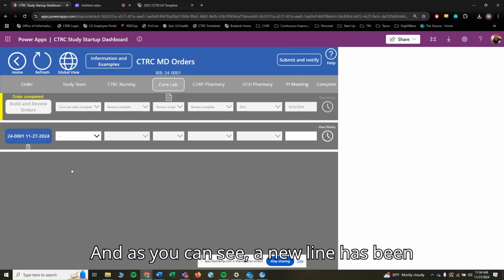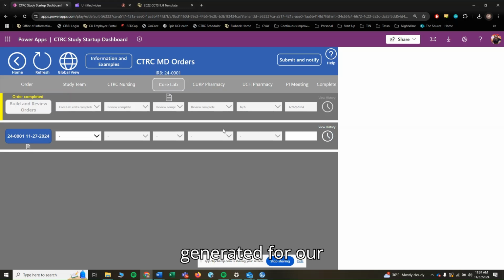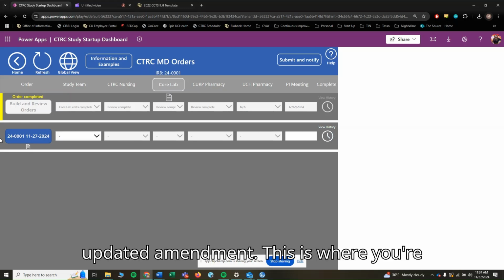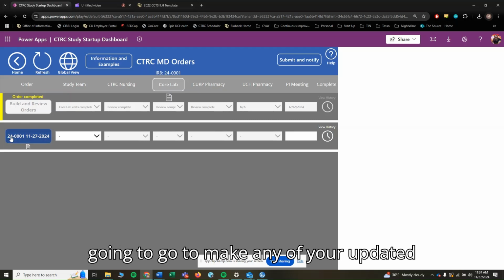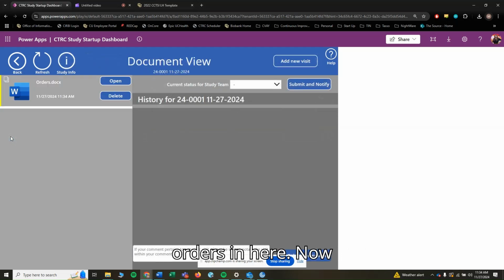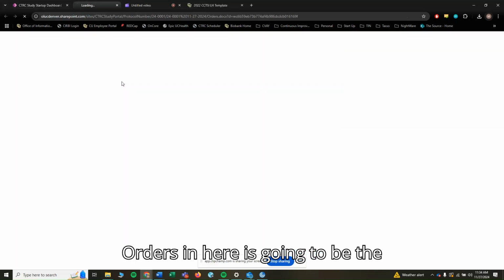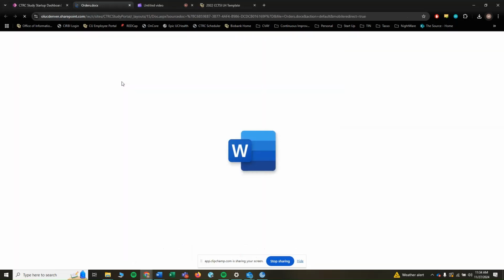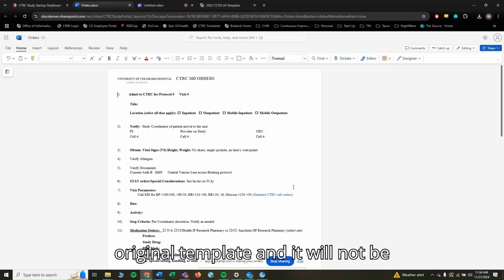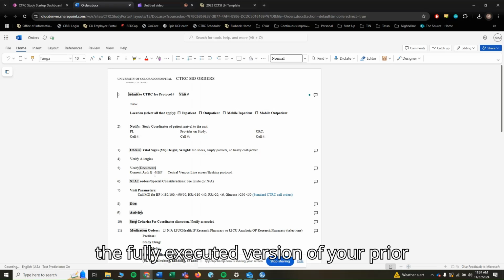And as you can see, a new line has been generated for our updated amendment. This is where you're going to go to make any of your updated orders in here. Now, as you can see, the orders in here is going to be the original template, and it will not be the fully executed version of